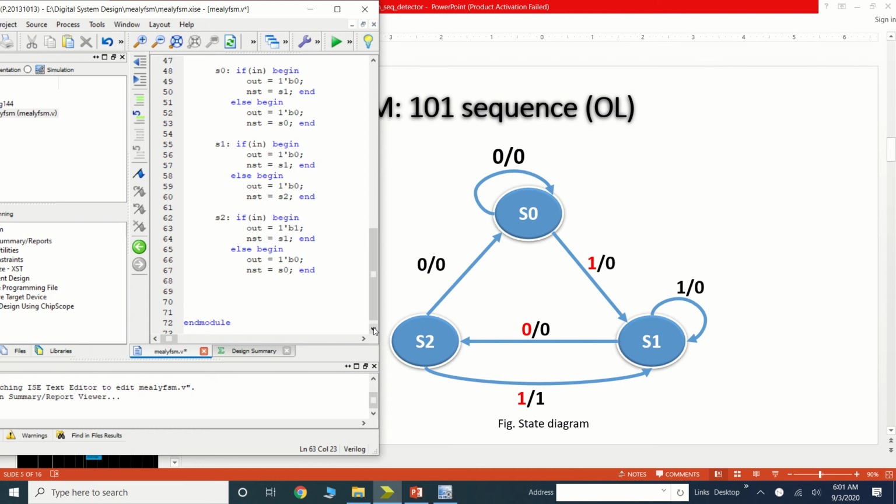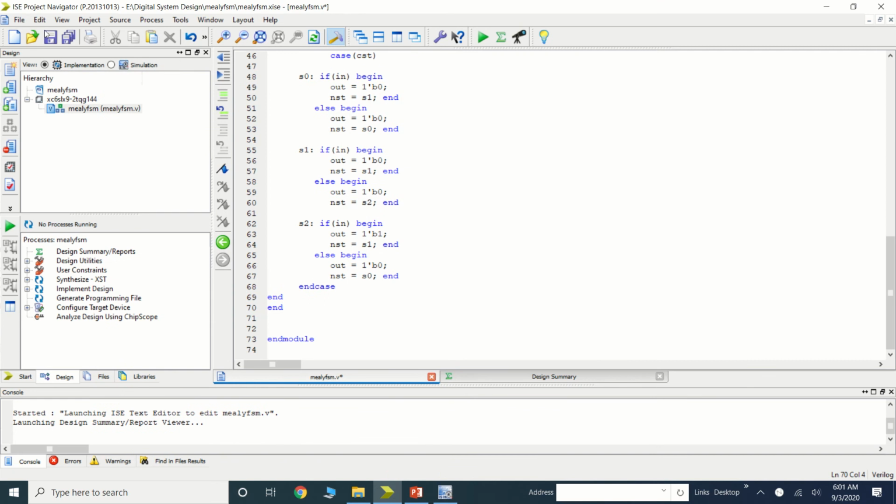So this is how you can define each state, current and next, and the output in Verilog. Now let's end my case. Here we are ending our begin. Okay, so we are done with this code.